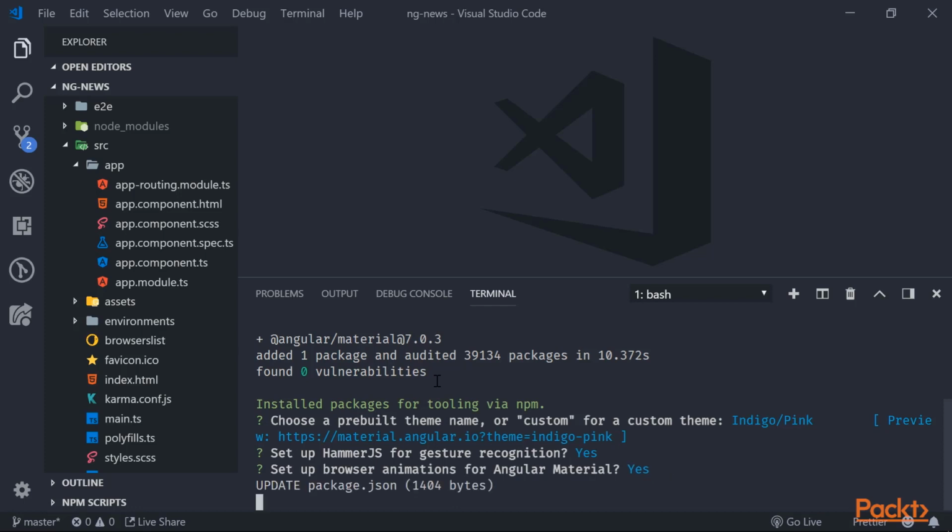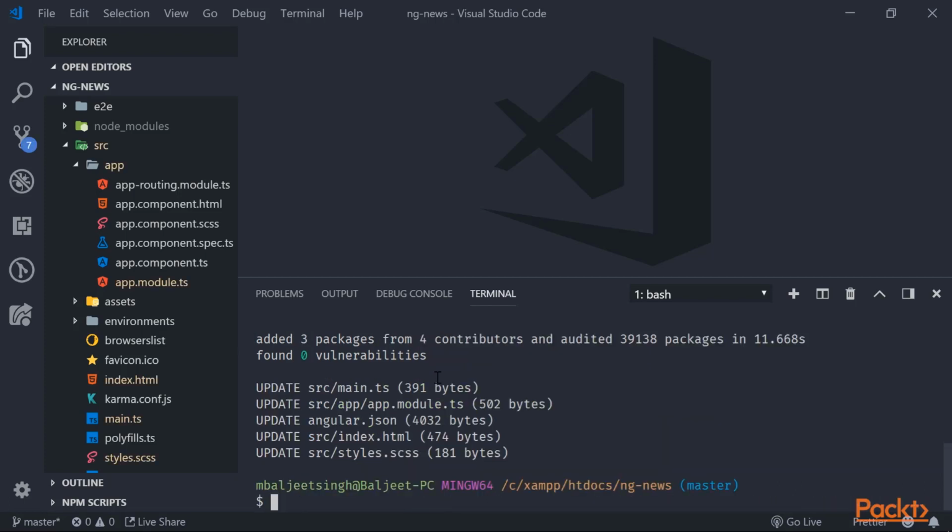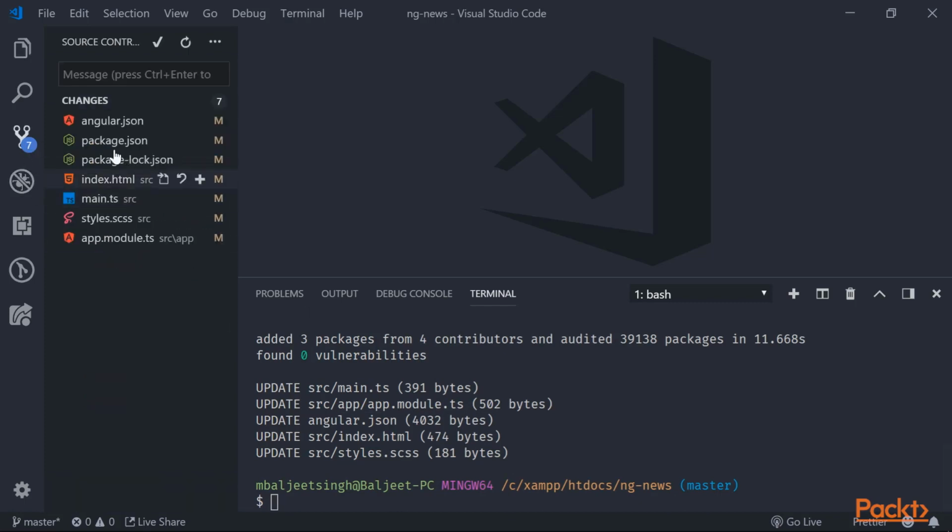So now it will update our package.json files and all the required files in our application. And then we will see how we can make use of Angular material. So in the bottom, we can see it has updated various files, also we can see in our source control all the files it has updated. So if we click on angular.json,